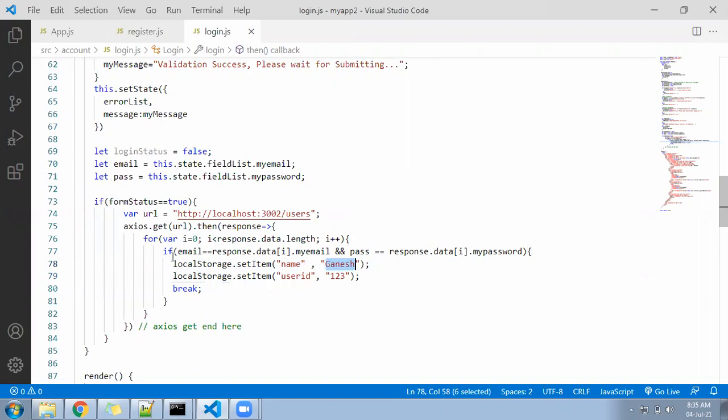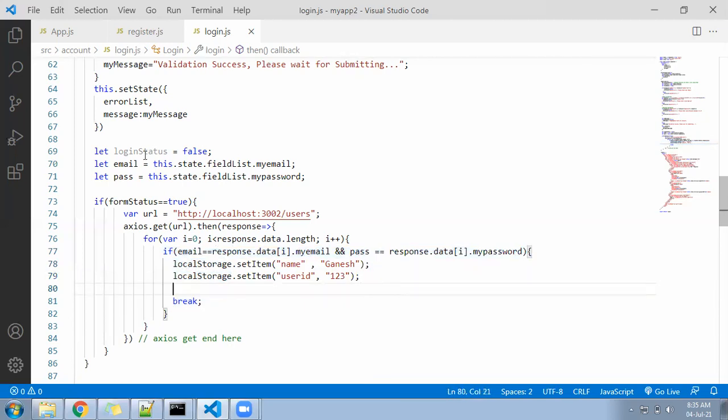So we are checking whether the given email ID is matching with the JSON data email ID and password. Then what to do? Set a local storage, and after that break the statement. And after setting the local storage, this variable also should be true. Login status you make as true, so that further we'll get to know, yes, login is success. We found the user under the JSON file, and the statement will break.